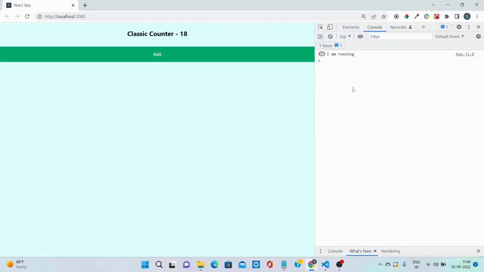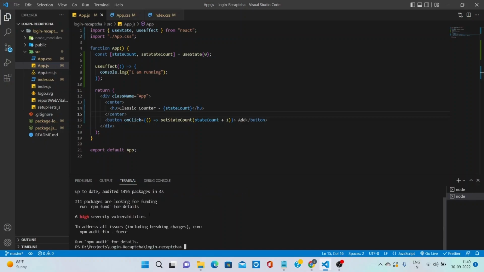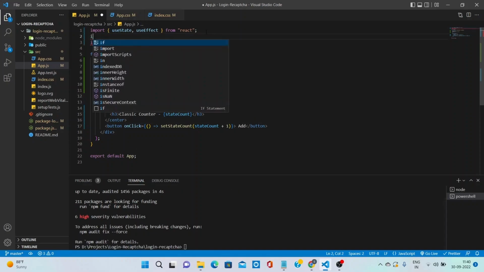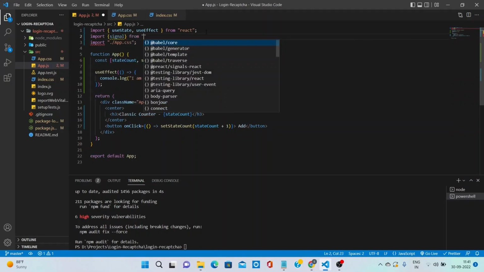So in order to overcome this situation, we will be using a lightweight package known as signals. So first of all, you need to go into your terminal and install this, npm i @preact/signals-react. I'll attach this npm package installation command in my video description. You can copy it and paste it into your terminal to install this lightweight package and hit enter. So it has been installed in just 4 seconds, and now we will import signal from